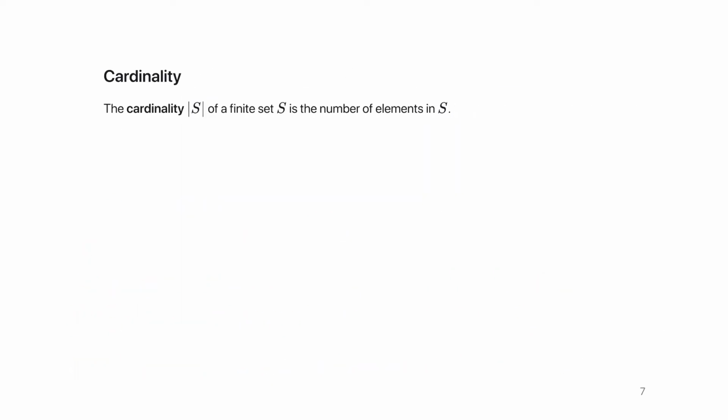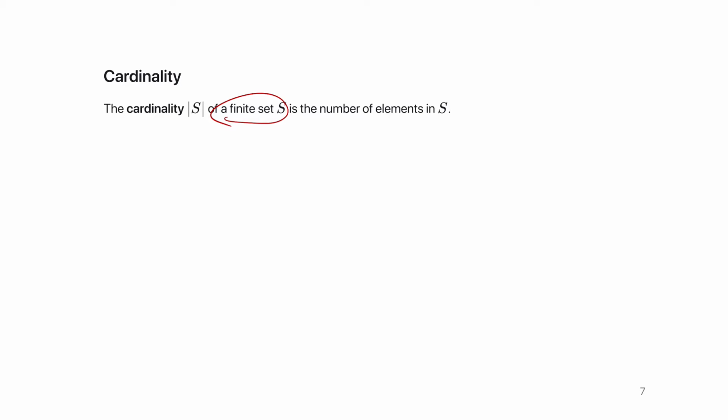So now an idea that we need to introduce, and this will be very crucial going into next week, is the cardinality of a set. And it sounds like a fancy word, but don't worry too much about it for now. The cardinality of a finite set S is the number of elements in it. Okay? And all we're talking about right now is for a finite set. Next week, we'll talk about infinite sets. Okay? And how we can measure the size of that. Right? Because right off the bat, in an infinite set, you can't just count the number of numbers in it, right? Because there's infinitely many.